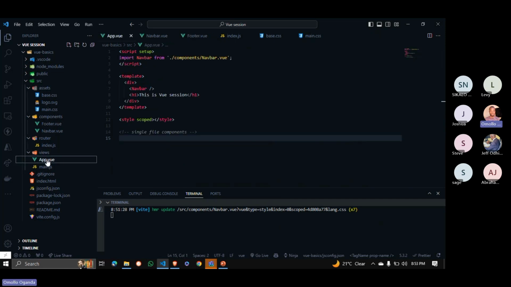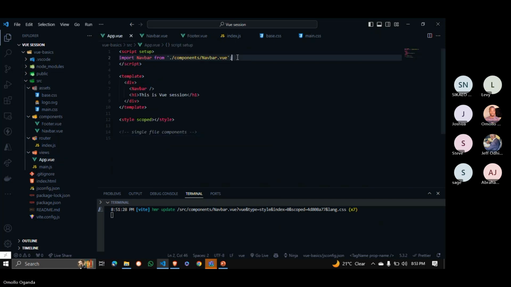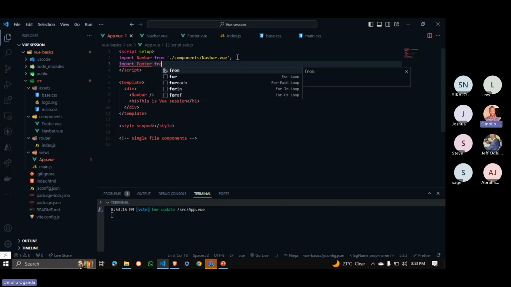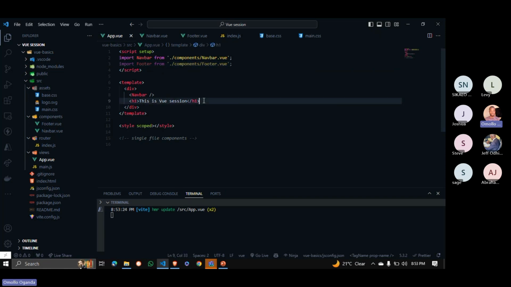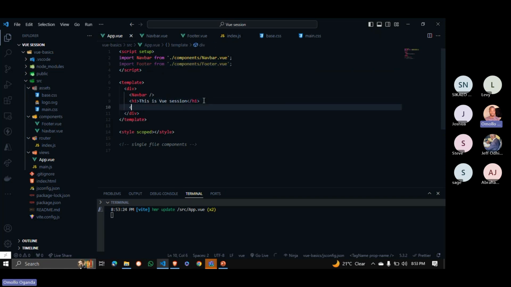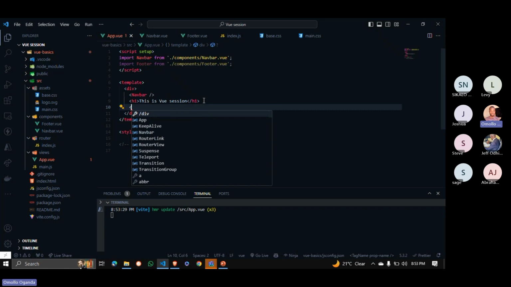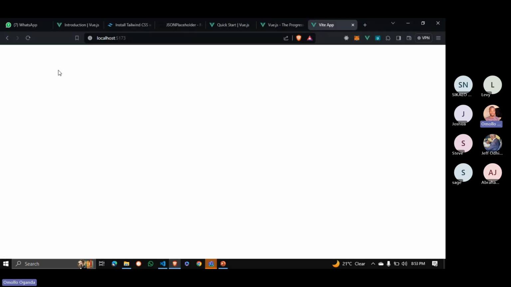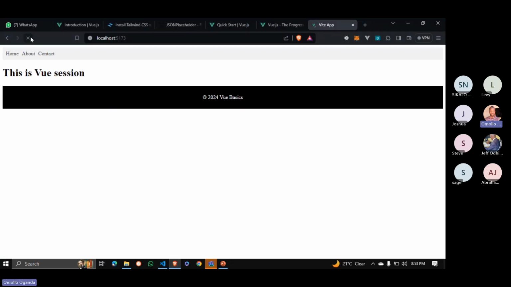So coming into the app, we follow the same procedure. What do we call it? Import footer from components footer.view. Then our footer is always the last thing that you want to see on your page. So coming down here, just now we have a custom component called footer. It's self-closing. So when we come back to our browser and refresh, you now see we have our